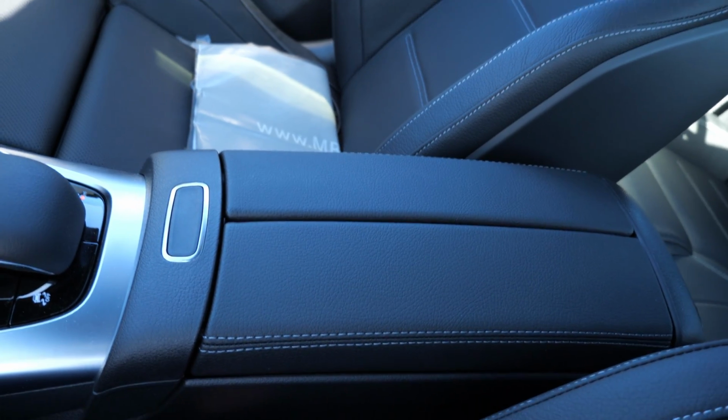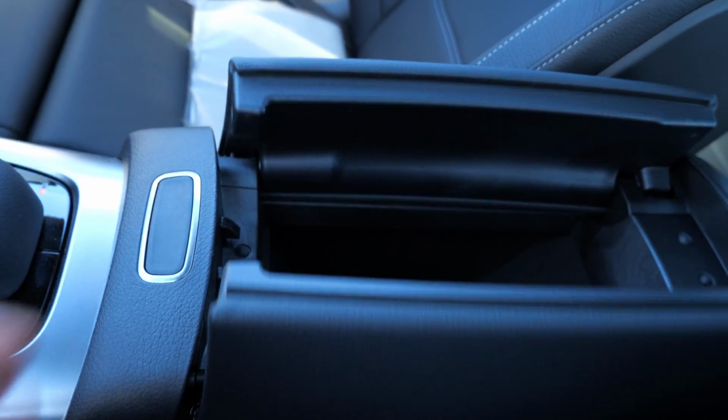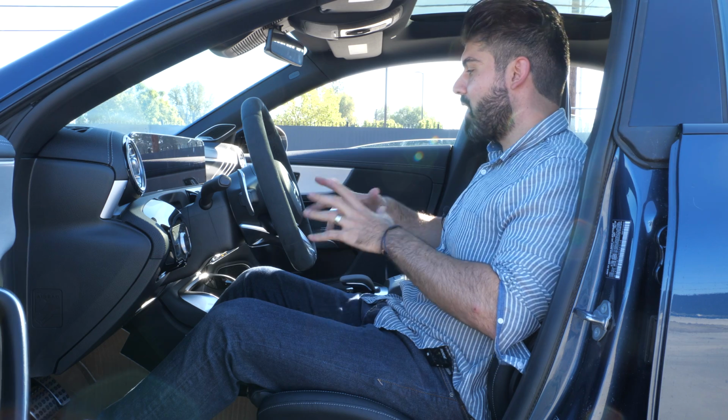The center console is nicely padded. You open it up and there's a fair amount of storage. I see another USB Type-C connector there. So that's the front of the CLA 45. I gotta say that